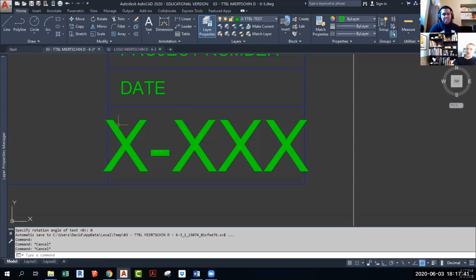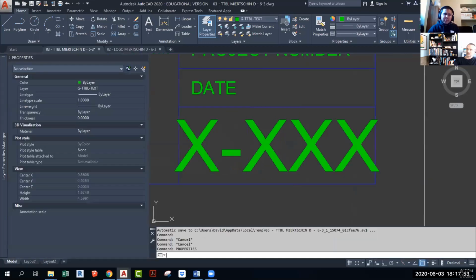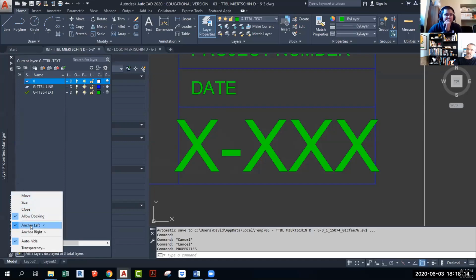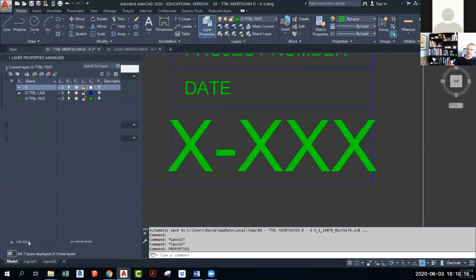Now, this text is pretty wide. It sort of pokes out over the edge. And so what I did here is I modified that with the properties. To get to properties, I can type prop, and it will bring up my properties window. Now I have a real aversion to playing games with these windows. I don't like it when they auto hide, when they slide shut like a shutter, like this one's doing. Really annoying. So what I'm going to do is right click on the bar right here on the words layer property manager,